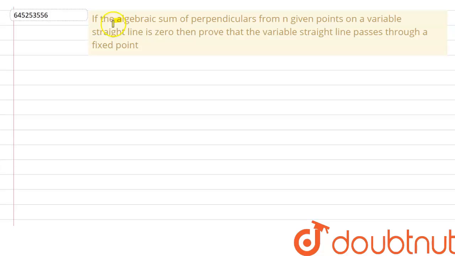Hello, today we have a question. The question is, if the algebraic sum of perpendiculars from n given points on a variable straight line is 0, then we have to prove the variable straight line passes through a fixed point. That means here, what are we given? We are given a straight line and the sum of all the perpendiculars from the given points. What are we supposed to find? We have to find that the variable straight line which we are considering here is always